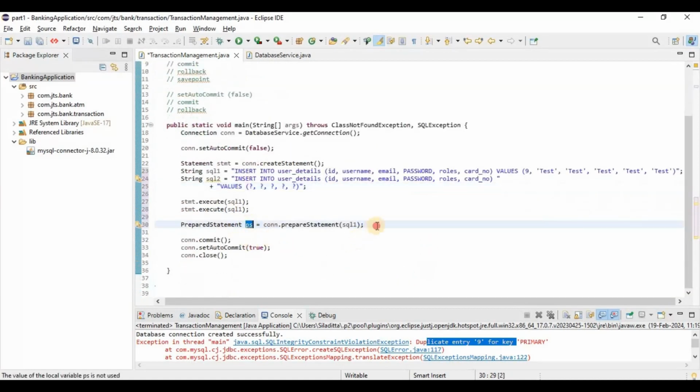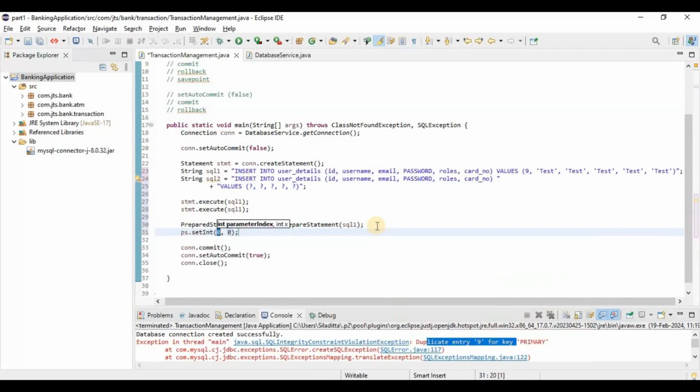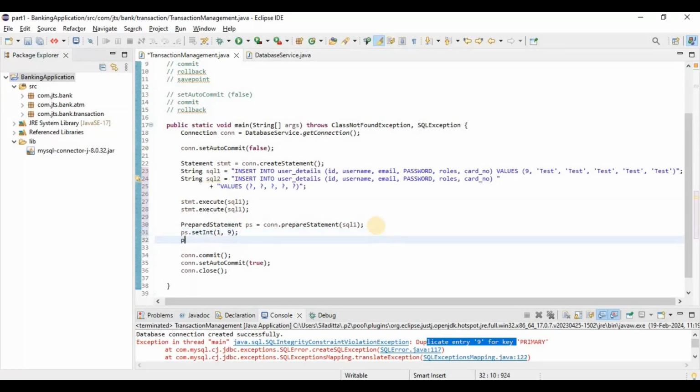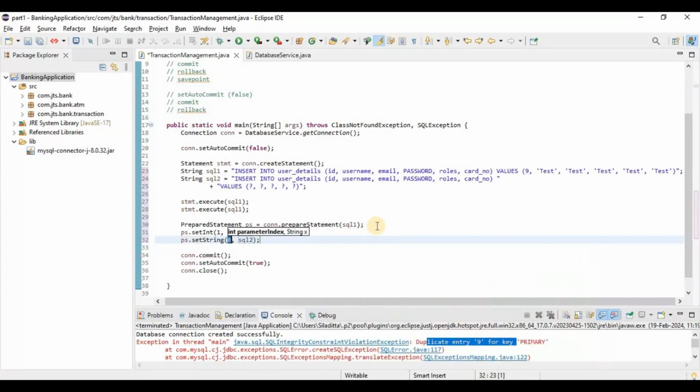Using this we can set the data: ps dot setInt, and we say the parameter number, and here we choose the id 9. Then ps dot setString, because we are going to pass string data,